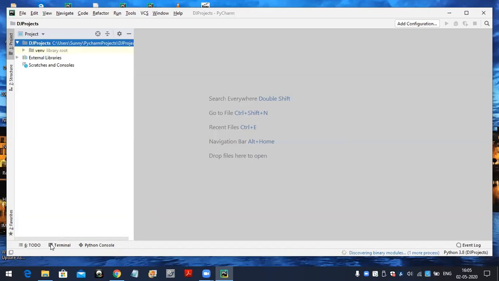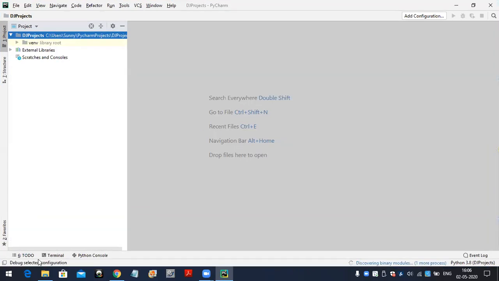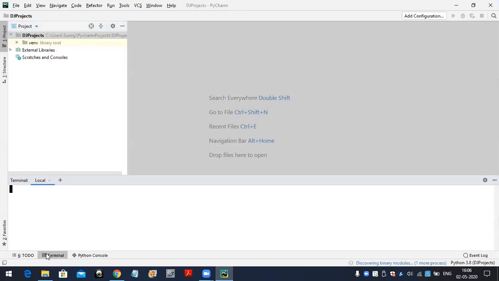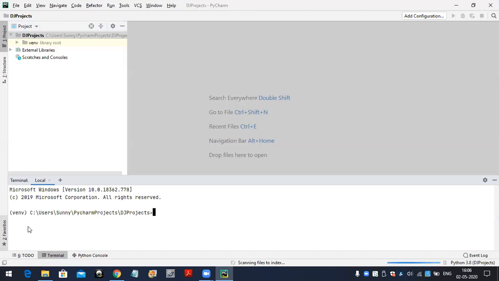Right. So now here the terminal is also ready, and the terminal also automatically gets opened here. Just expand this, open this terminal. See, here we need not activate the virtual environment. By default, it is activated like this. We are inside the virtual environment now. Automatically it is activated, and we need not activate this virtual environment explicitly.